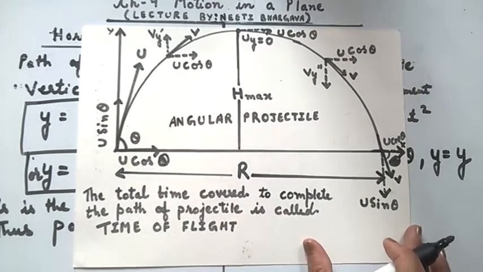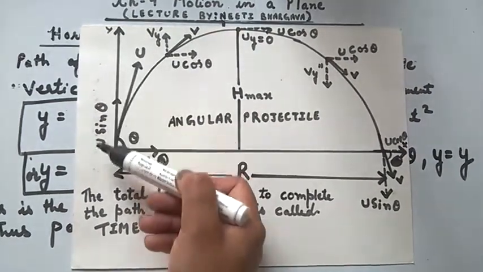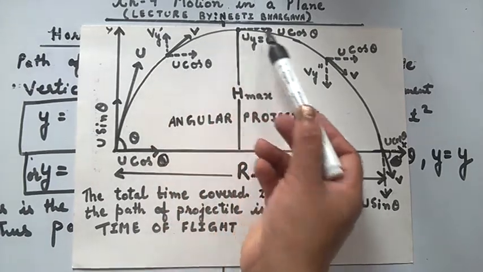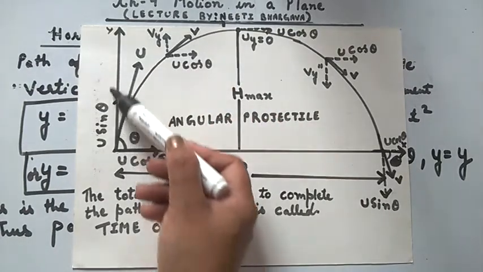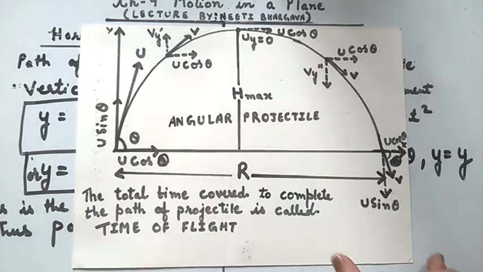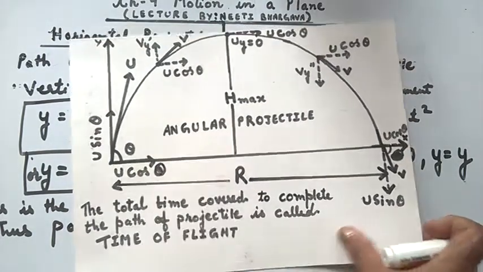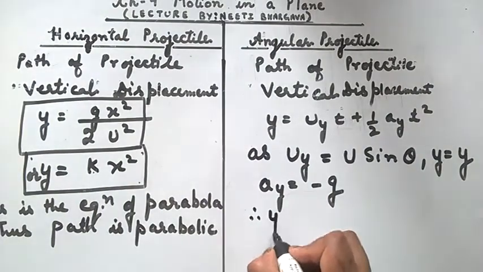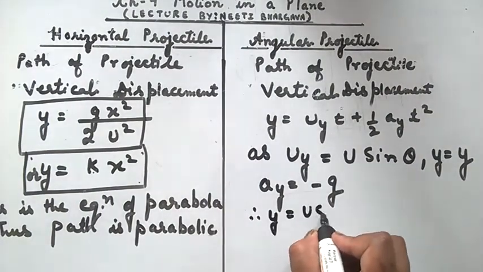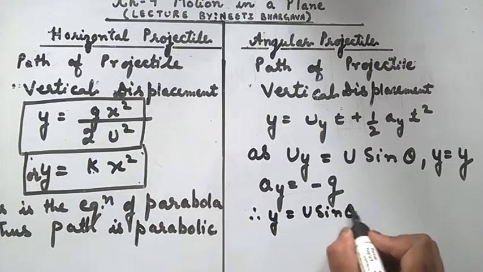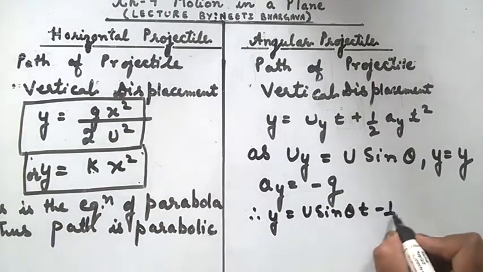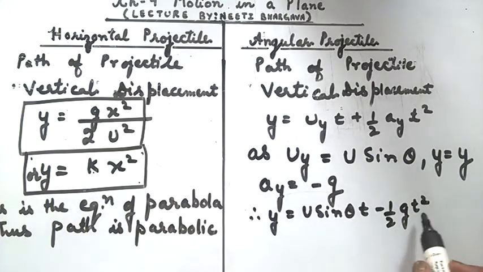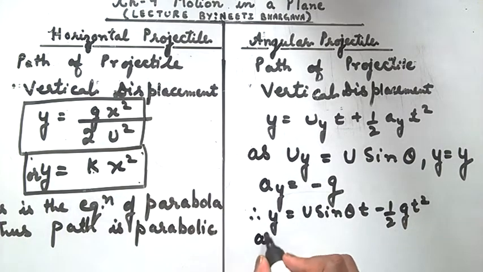The initial component is u sine theta. Here g is negative and y is along the positive y direction. Therefore, the equation becomes y equals u sine theta into t minus half g t square. Now on substituting the value of t as x upon u cos theta,